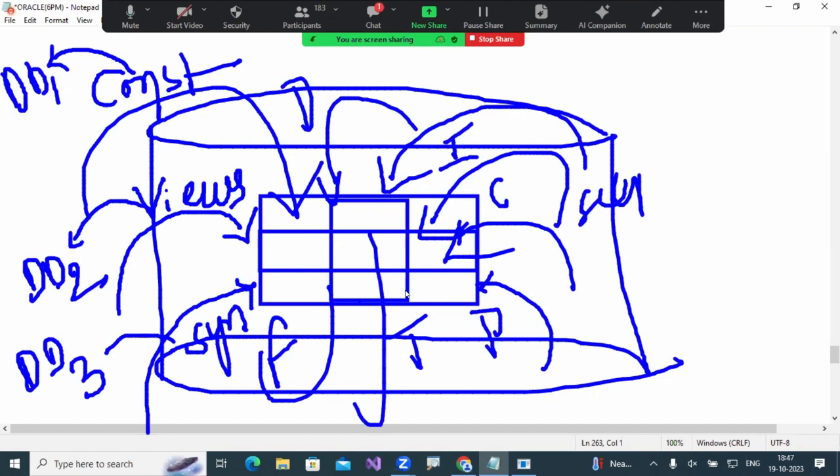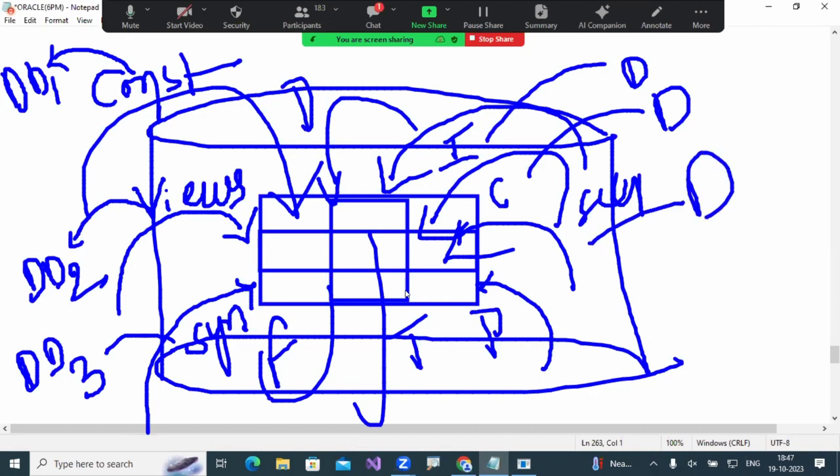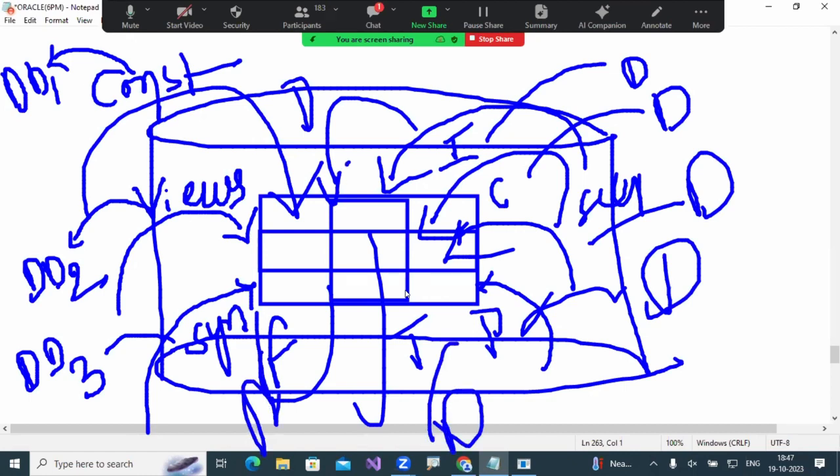Whatever you applied, every individual facility or mechanism will be stored into a separate data dictionary. Indexes are stored into one data dictionary, clusters into one more, and next sequences, procedures, triggers, functions, packages. Every facility's information is saved into